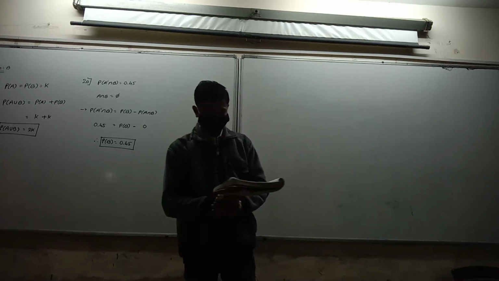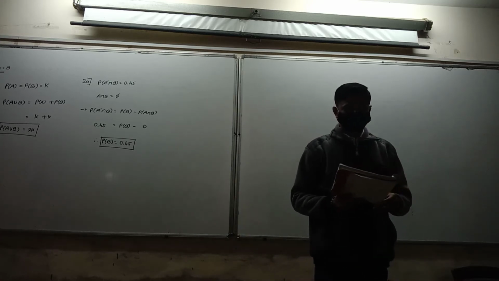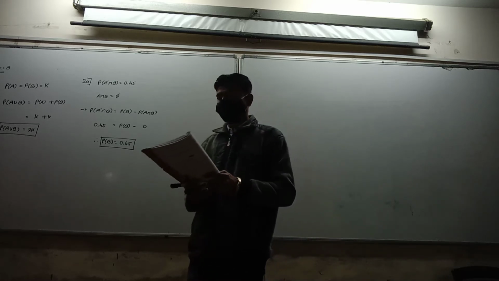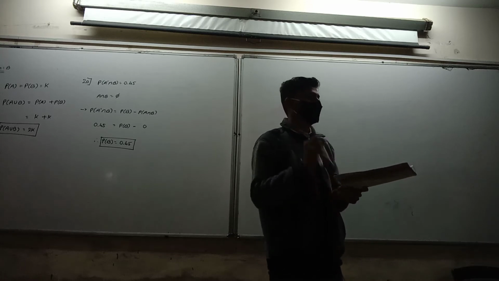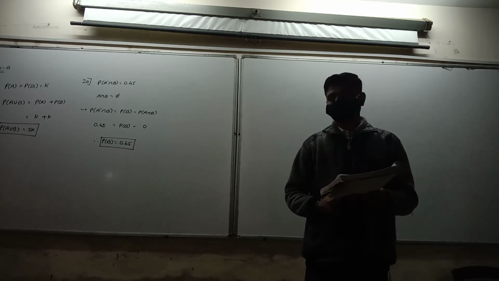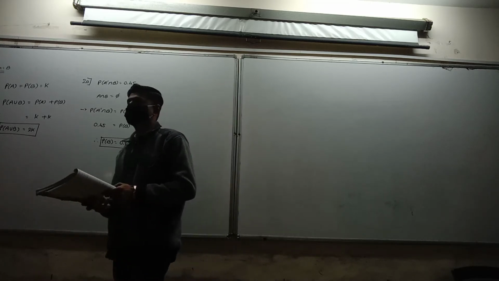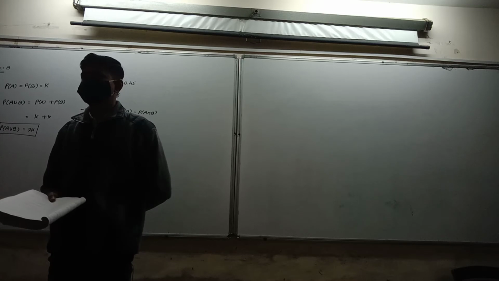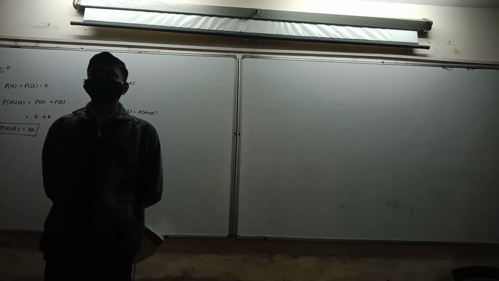Next, question number 21. Two events A and B in a sample space are mutually exclusive and exhaustive. Underline mutually exclusive and exhaustive. Okay, mutually exclusive and exhaustive means